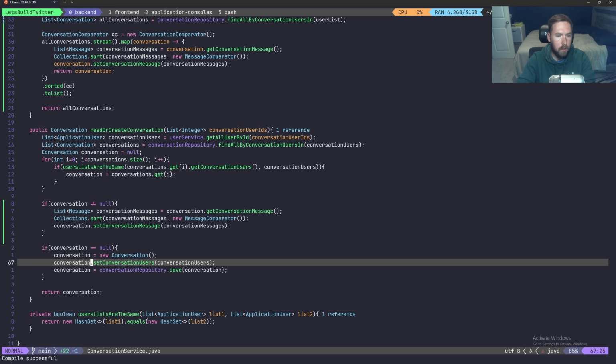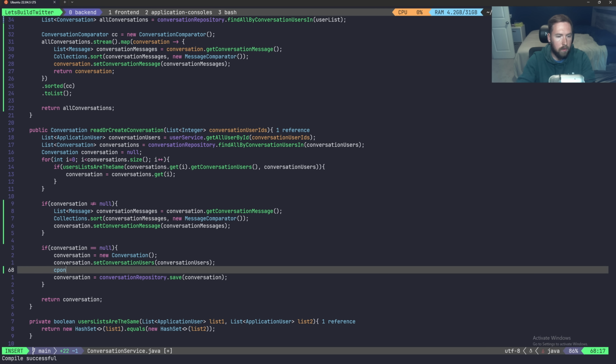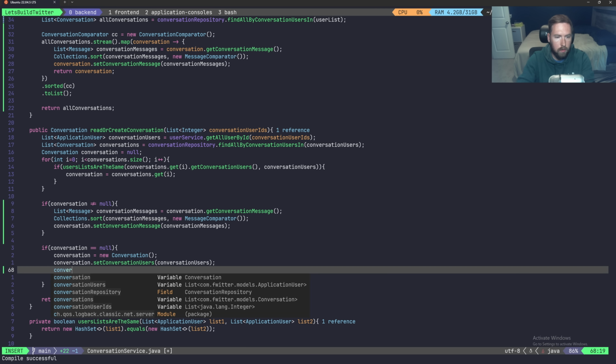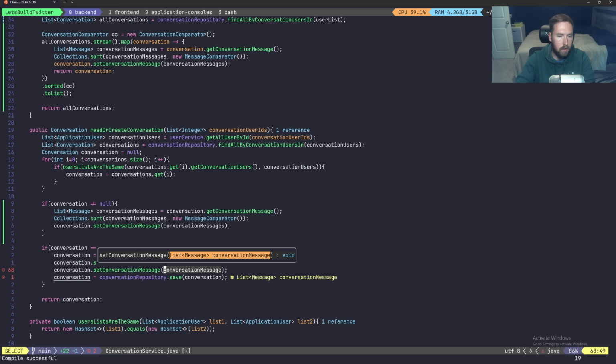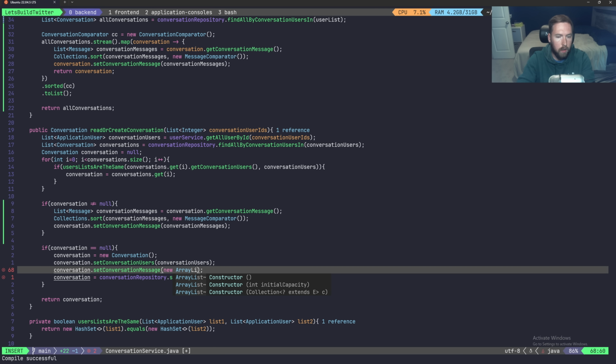And then we also want to go ahead and just set the conversation, if I could spell conversation right, I'm struggling today, dot set conversation message to a new array list just in case it was a new one. That way, whenever we try to loop through these later on inside of our front end, it's not going to throw an error on us. That should set up so whenever we fetch the messages and everything, they're in the right order